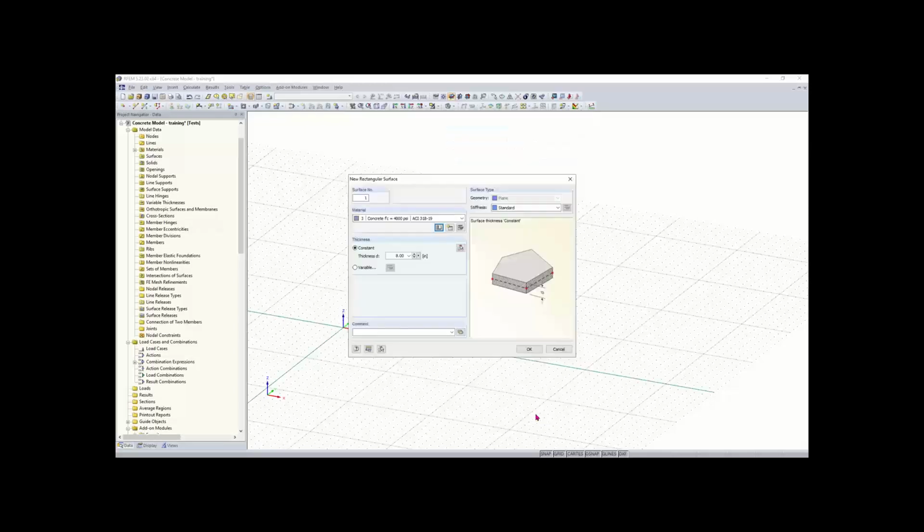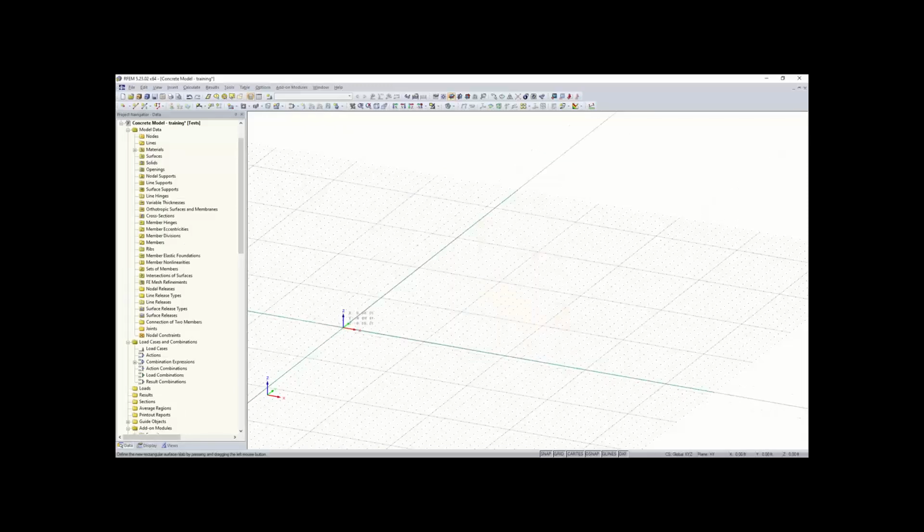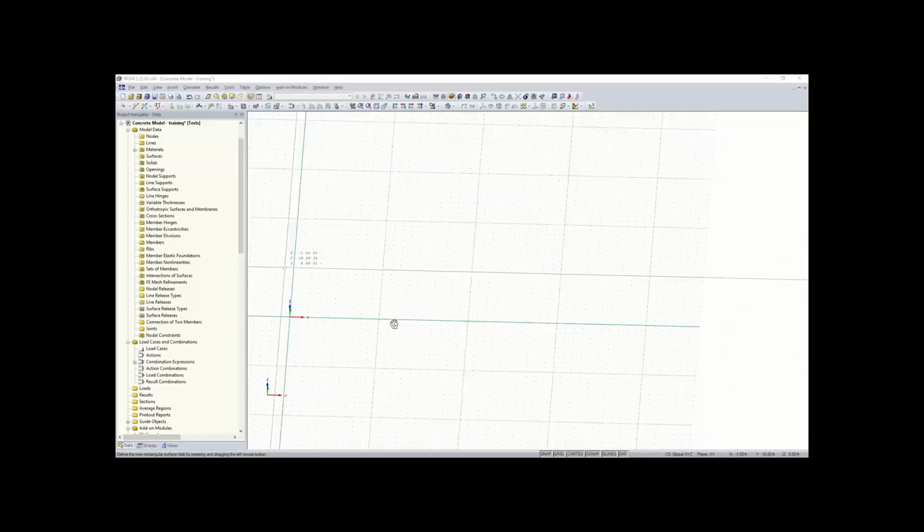I'll click OK, and I'll click OK again. And now I'll click on my origin here, and this slab's going to be 46 by 40